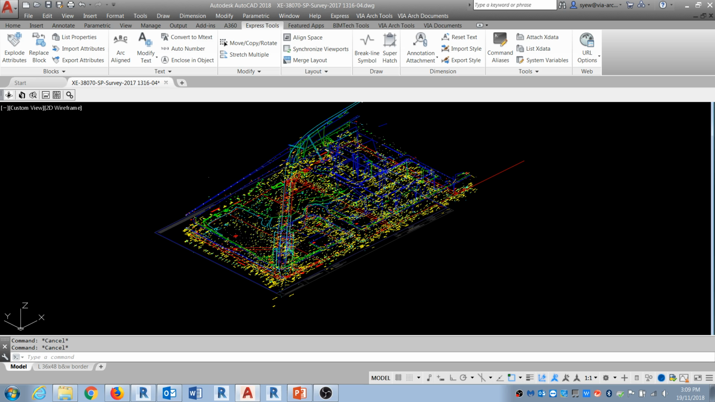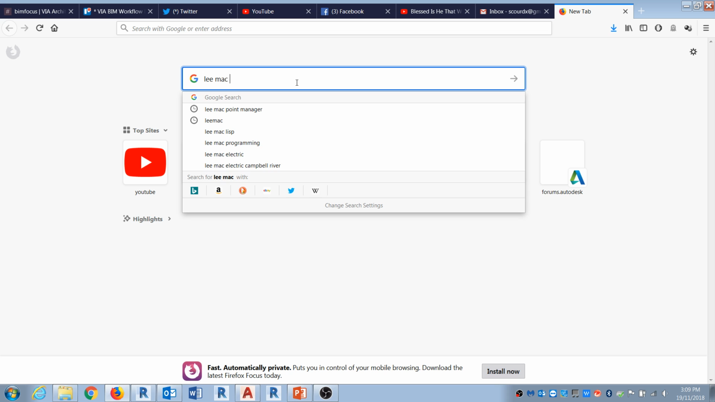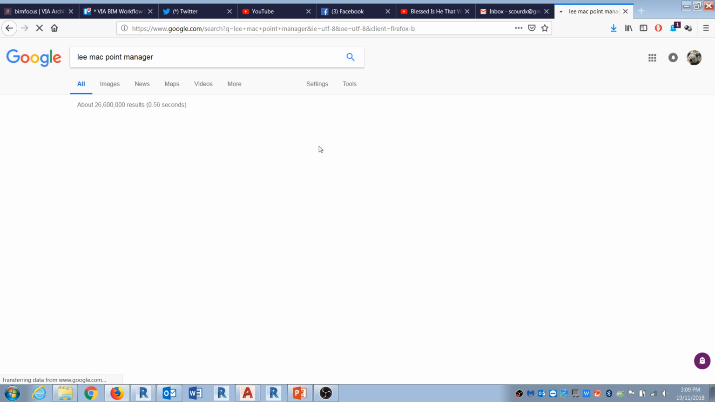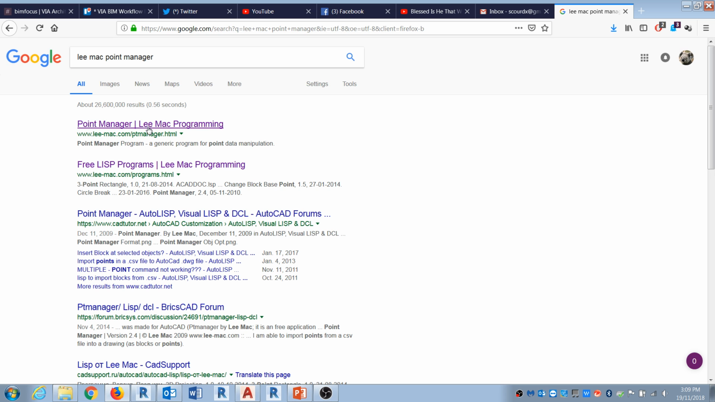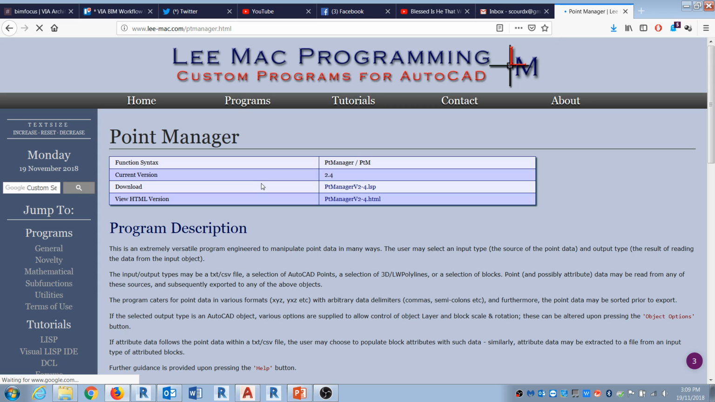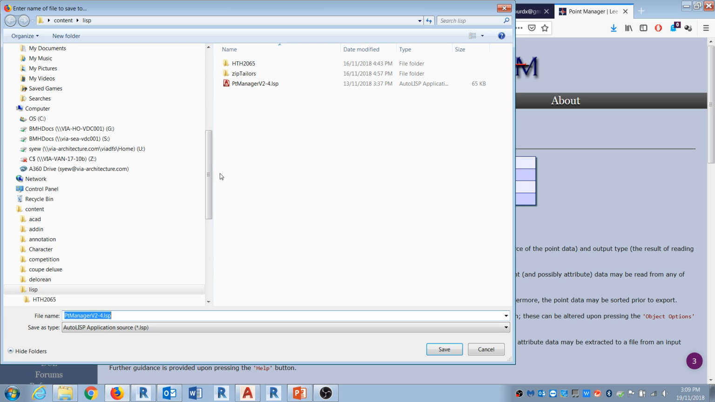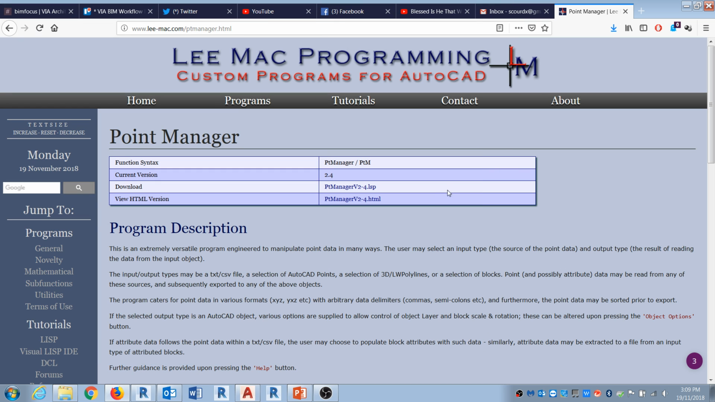So how do you take that data, extract it, and then put it inside Revit? There's a tool you can use. The first thing you want to do is look for Lemak Point Manager. This person is very awesome at customized AutoCAD programming. You can download this, just click on it and save it as, and it puts it into your